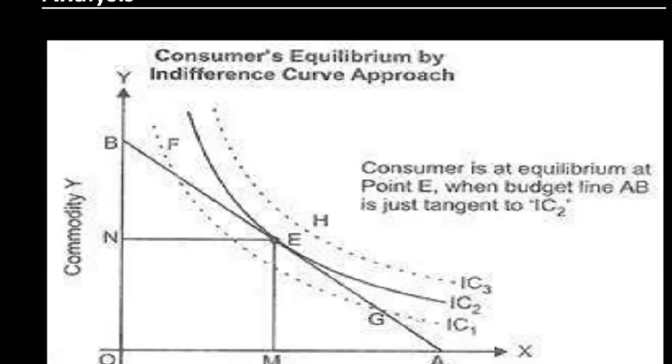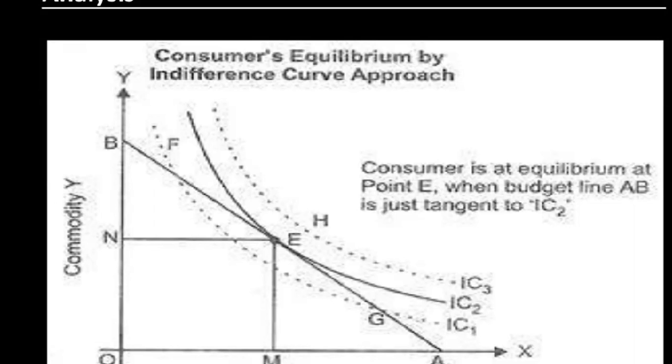Due to this, the consumer is willing to give up more bananas for an additional apple. But as the consumer consumes more apples, the marginal utility from the apples keeps on declining. Assumptions: for two commodities, it is assumed that the consumer has a fixed amount of money, the whole of which they spend on the two goods. Next, non-satiety: it is assumed that the consumer has not reached the point of